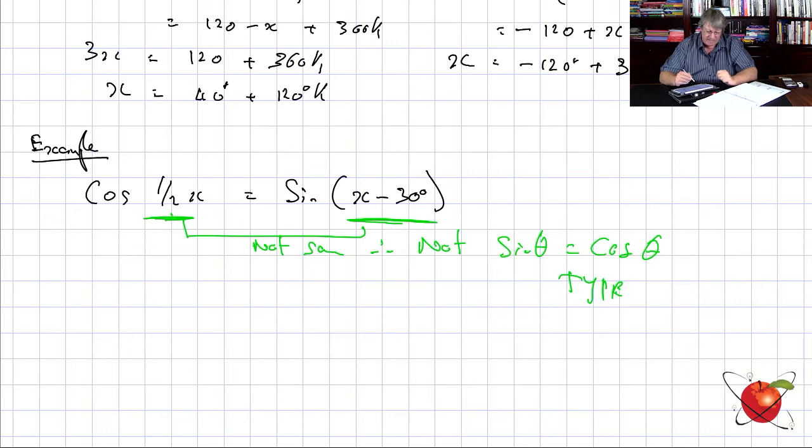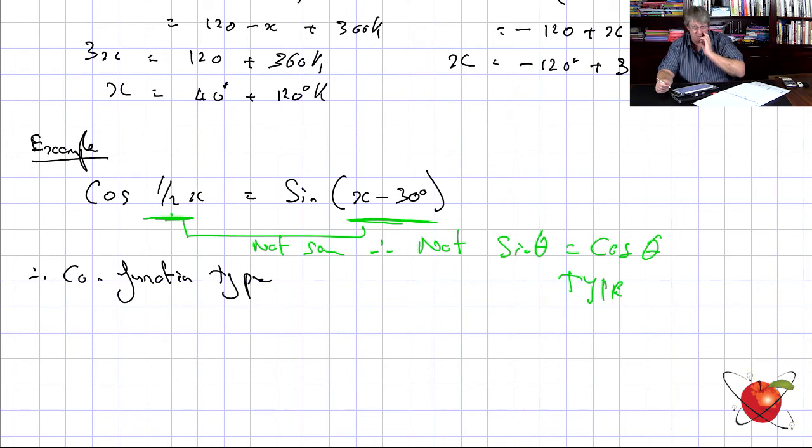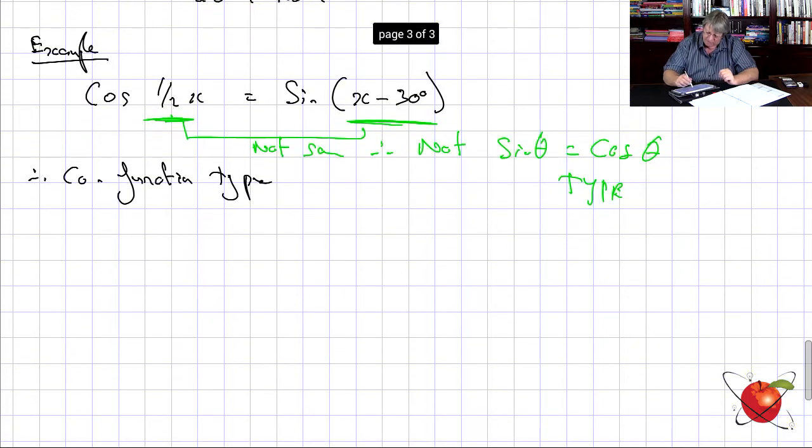Okay? Therefore, it is a cofunction type. So I'm just watching because this is quite a long one. It's a cofunction type. Therefore, I have to make it cos and cos on both sides, because then I can